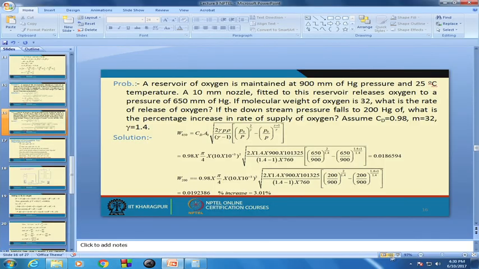But still, while you are doing the solution of the problems, you come across it and you can definitely tell that the values are around 0.98, 0.95. It can also be 0.85, depending on the design, depending on the valve, depending on the vessels, depending on the nozzles which you are getting from the supplier. So let us do another problem, and this problem tells that